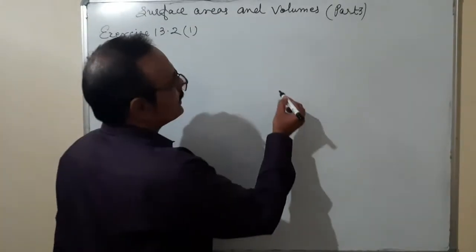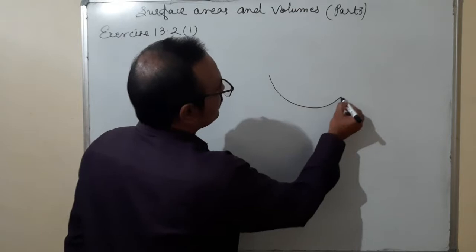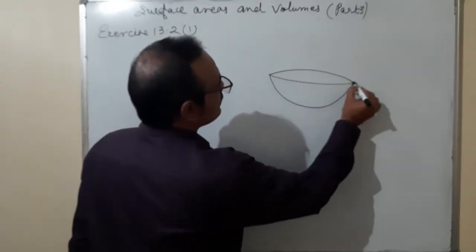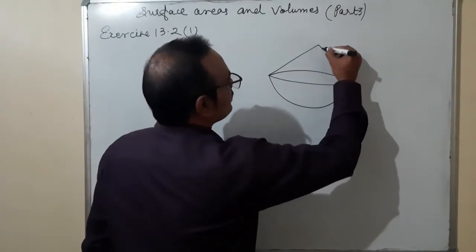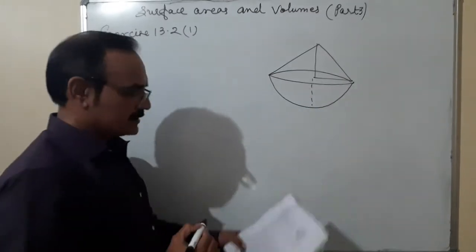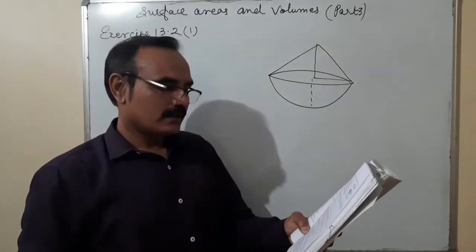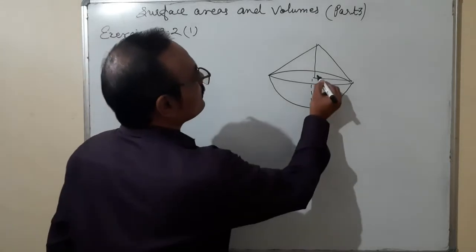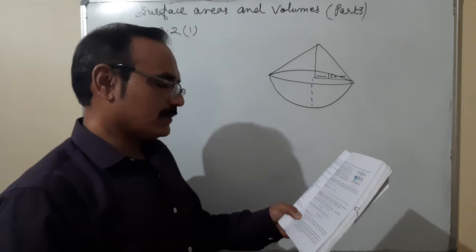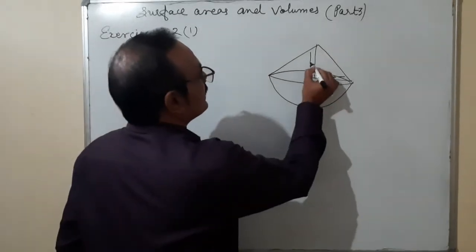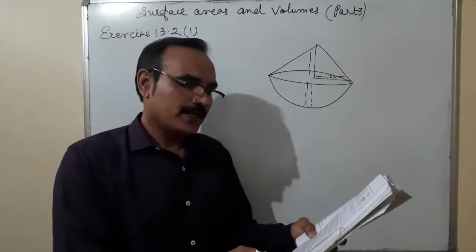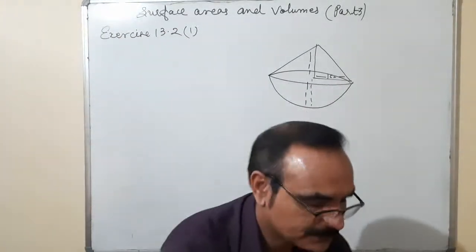It's a combination of solids, a hemisphere. On the hemisphere, one cone is standing in such a way. Conditions are there, like their radii being equal to 1, radius equal to 1 centimeter, and height of the cone is equal to the radius. So the height of the cone is also 1. Everything is 1. Find the volume of the solid in terms of pi.